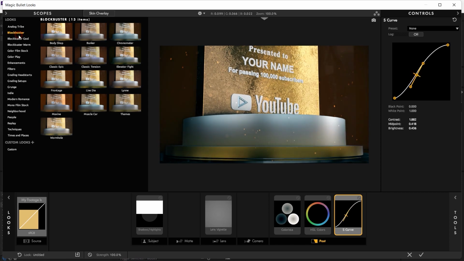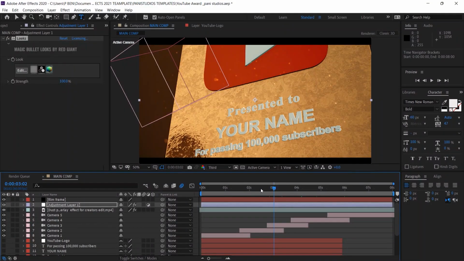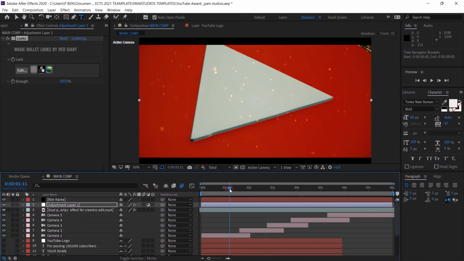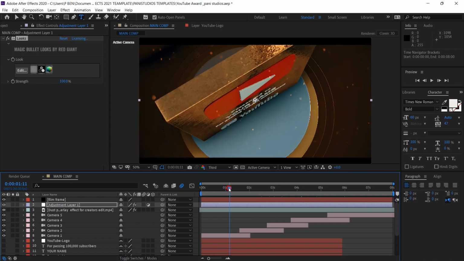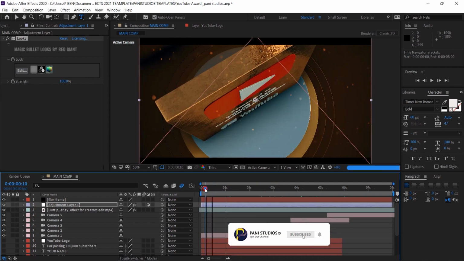Okay, it is very easy for you to navigate through this template. It doesn't take time for it to render, very fast in rendering, and